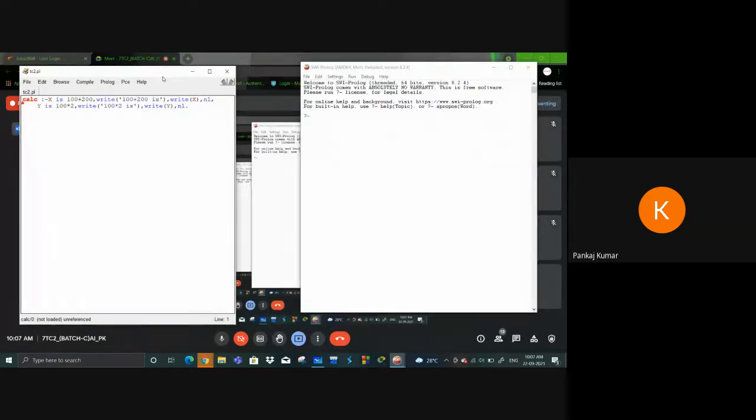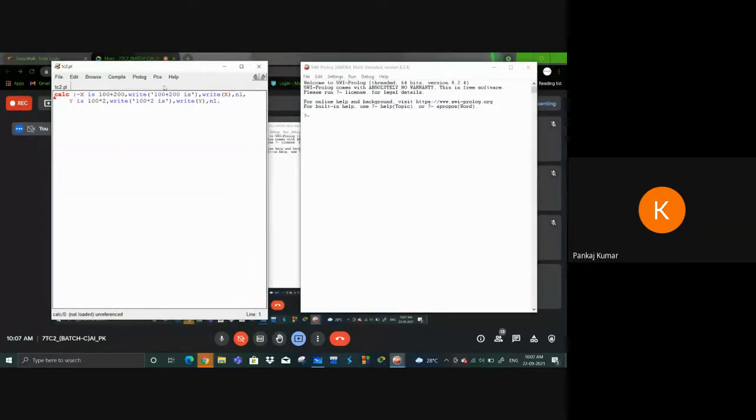Okay, now see, this is a console. Here I am defining one calculator. So in place of calculate, whatever you want, write it and define X is equal to something, then write this one and this one. Suppose I want to compile this one, so what will be the output? Now see.